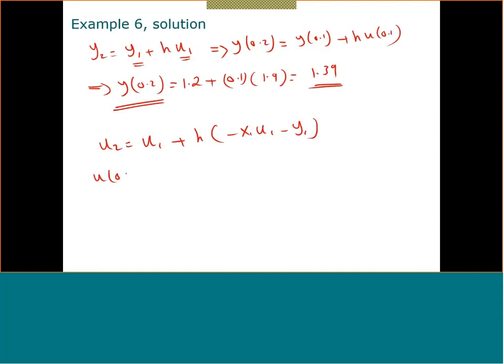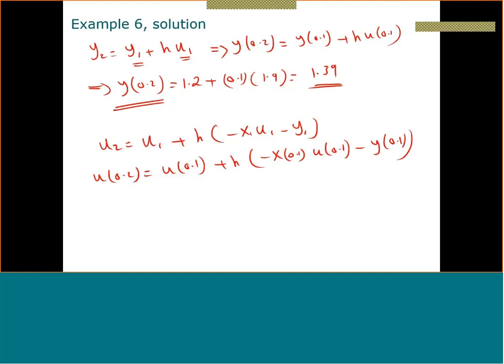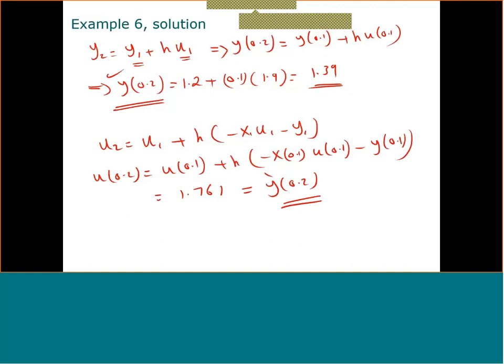So u at 0.2 equal to u at 0.1 plus h times minus x at 0.1 times u at 0.1 minus y at 0.1. We have all the values. So if you substitute, this is equal to 1.761. But what is this? This is nothing but y prime at 0.2. So I know y at 0.2 and